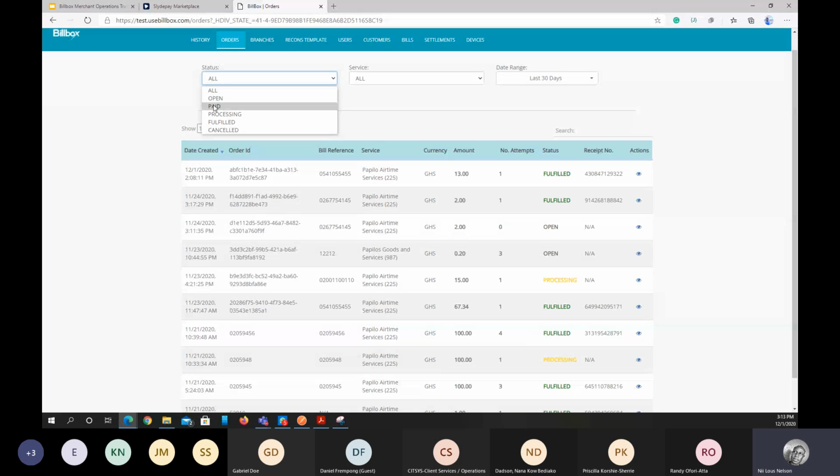You have the order being in the paid state, okay. Now you have processing, and processing basically means that we are in the stage of collecting the money from the customer, right? So if you see that an order is in the processing stage, that means that we are trying to actually take the money from the wallet that the customer is making the payment from, right? Then we have fulfilled. Fulfilled orders means that the